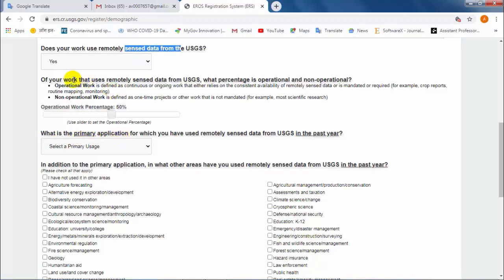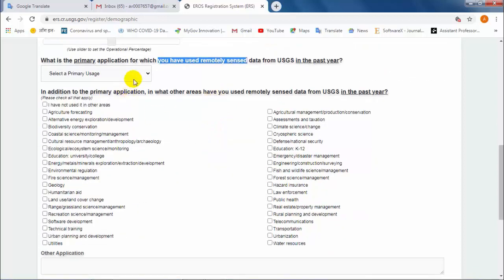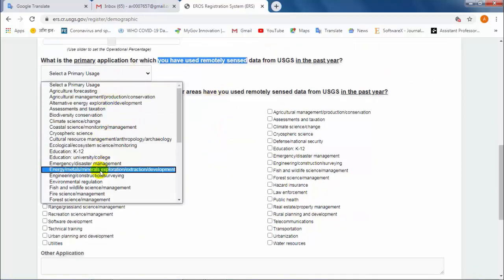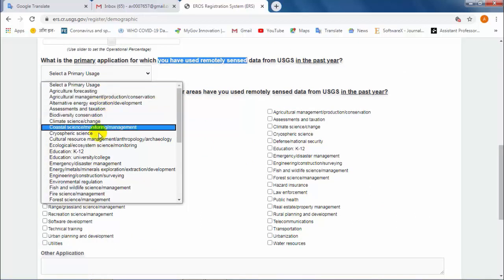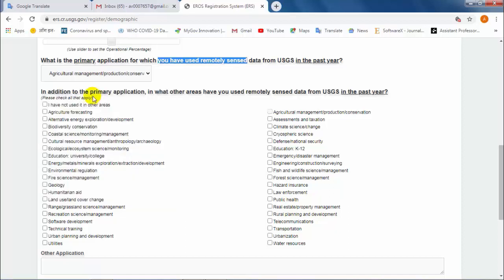I am skipping it. What is the primary application for which you have used remotely sensed data from USGS in the past years? See here some options are there. You have to choose the domain in which you have used this data. This option is suitable for me, so I have selected it.